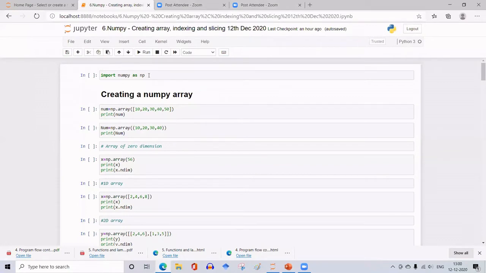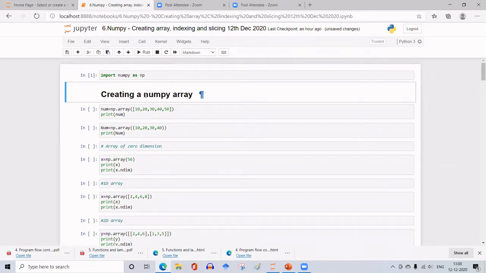So as I said, to use NumPy, we have to import it. Since we want to use a short form for NumPy, I'm importing NumPy as np. So: import numpy as np. This is today's class. Let me execute this cell. If there is no error, it will not give any output. Suppose I made any mistake in the spelling of NumPy or added a space like that, it will give an error. Now that it doesn't have an error, it has executed and given the line number.